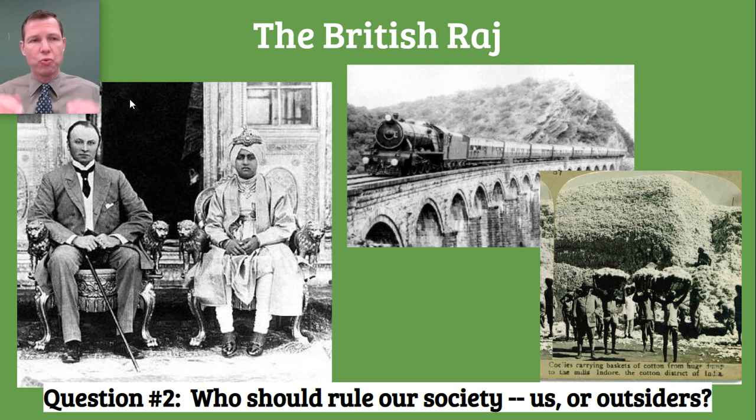And then as you worked your way up the chain of command from those levels up toward the top, where it was more about decision making and big picture and how are we going to run this society, that's where you began to see the British take a bigger and bigger role. For example, in India, at the very top of that chain of command was a viceroy. The man on the left here is a British viceroy, and it's his job to govern India on behalf of the monarch of England, the Queen or the King. So he was at the top of the chain of command.